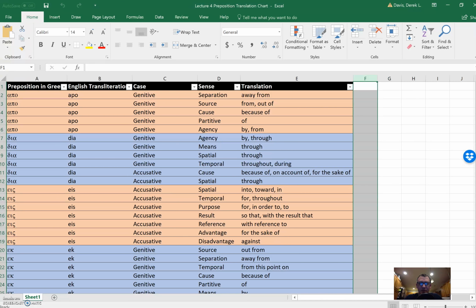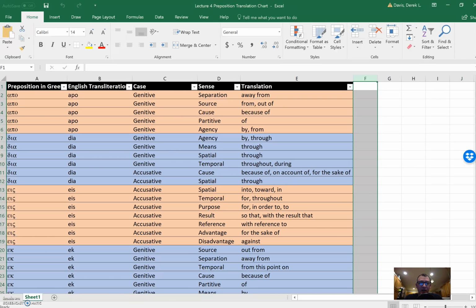Okay, everyone, this is week 4, and this week's lecture, quote unquote, is going to look quite a bit different to you, primarily because I want it to be super accessible for you. It really is extremely similar to what you did last week in learning the different functions of nominatives, genitives, datives, and accusatives. But this week, the only new material we're really introducing is prepositions, primarily just because it's a lot